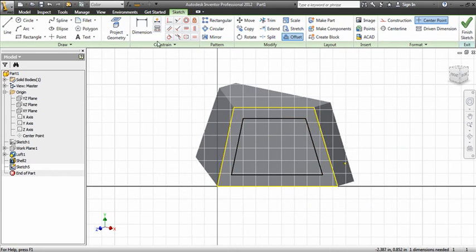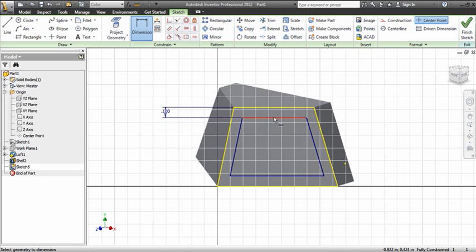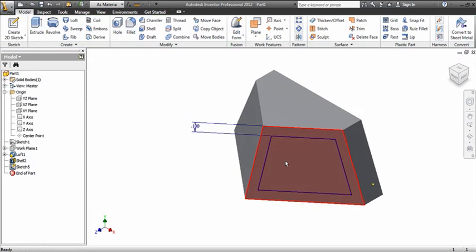It doesn't matter where you click because all we have to do is dimension one side. So if I dimension from here to this line right here and make this 0.1, I was pretty close on this, 0.1, all of the sides will conform to 0.1. So now I can finish sketch, and I'm going to extrude this piece in. So I'm going to go to Extrude,